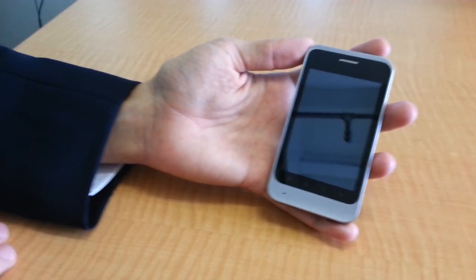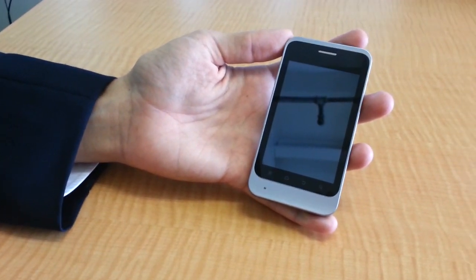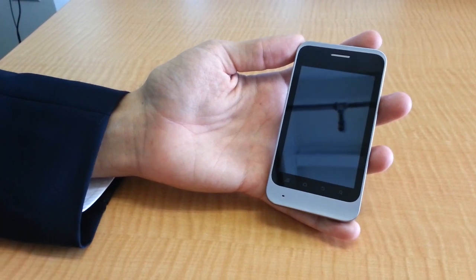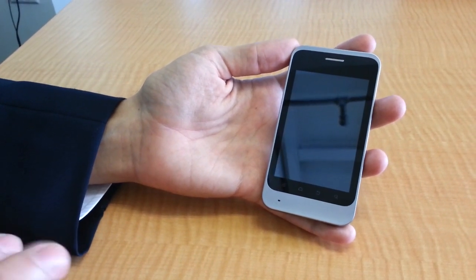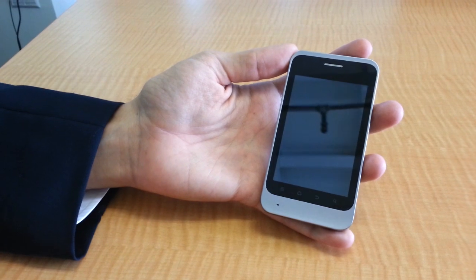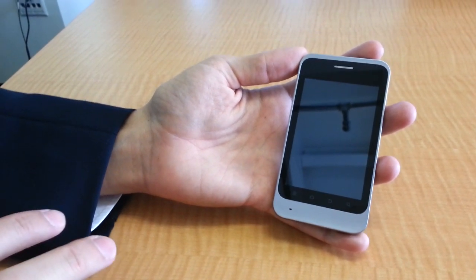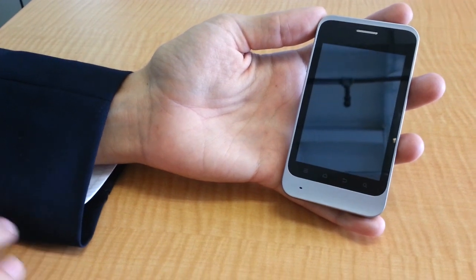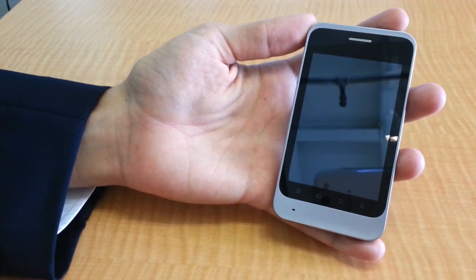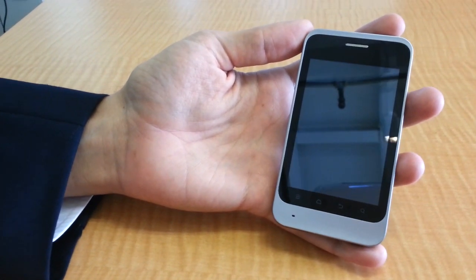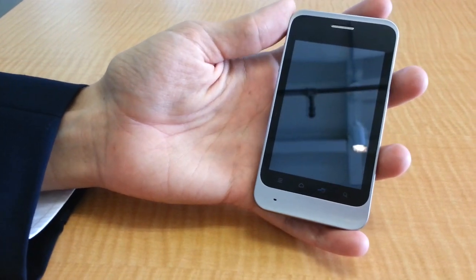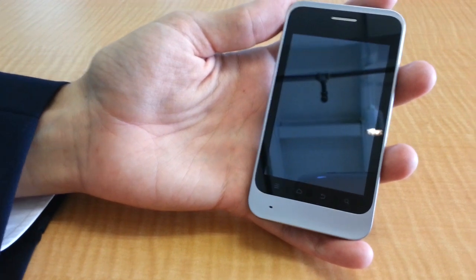Alright, so what you see here is a development prototype of a Firefox OS device, running on a Qualcomm chipset. This is some development prototype hardware we're using right now for development. And this is a device completely built around the web. So when you boot this phone, a kernel starts and then right away hands over execution to a web engine or a web runtime. And all the content on the device, all the user interface, everything is done with HTML5 web technology.